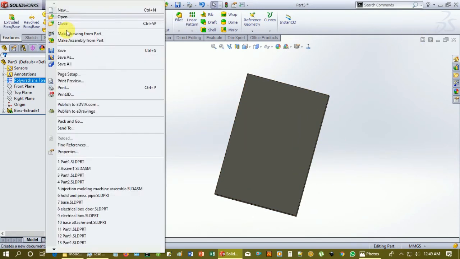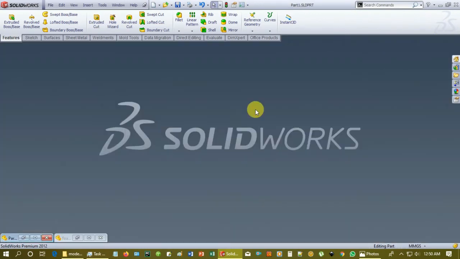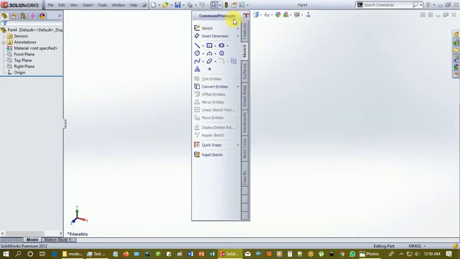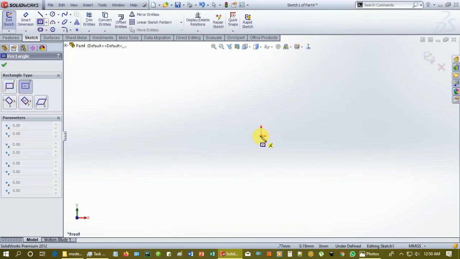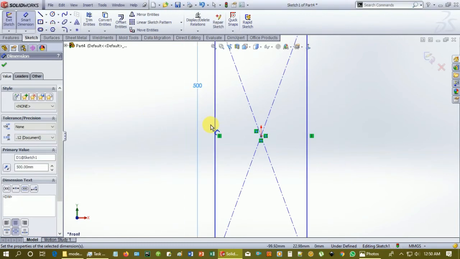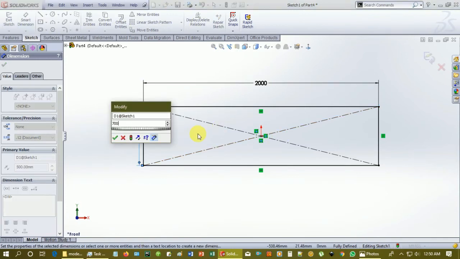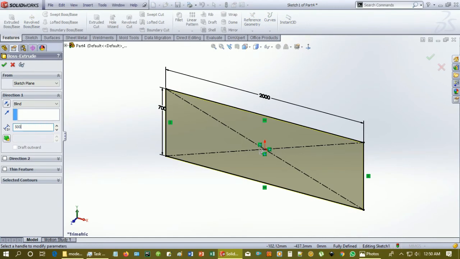So let's save it. Go to save. Name this one foam 1. So let's make pillow, new part, go sketch and sketch, select front plane, make a rectangle, keep the dimension 500, let's increase it 7000. So extrude box 5000,